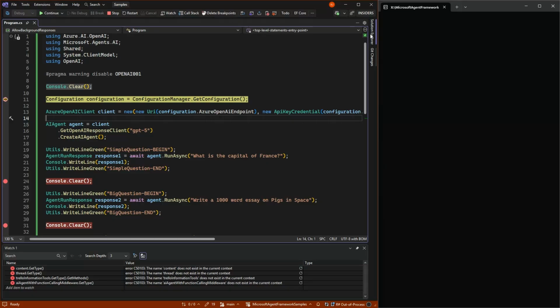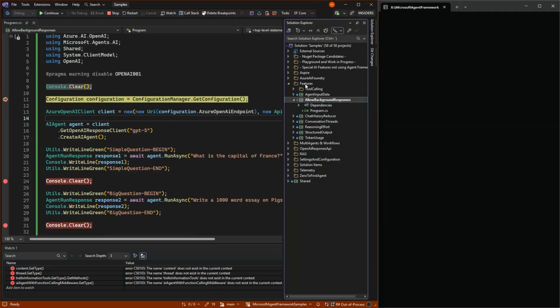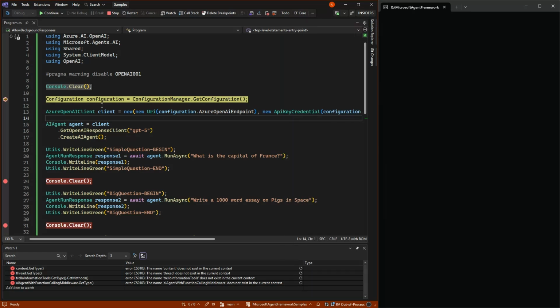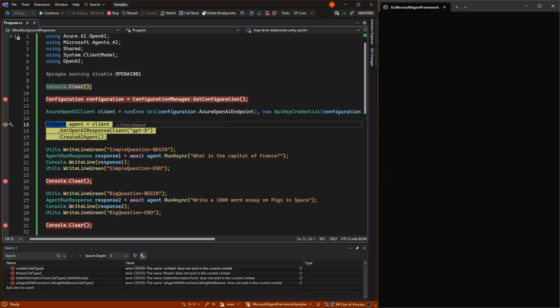So here we are in the Visual Studio example, allow background responses. I'm just going to make my normal Azure client here, and I'm going to make an agent. In this case, I'm using ChatGPT 5 because it has a tendency to think long, meaning take a long time before it answers questions. But it doesn't do that for every single thing we do.